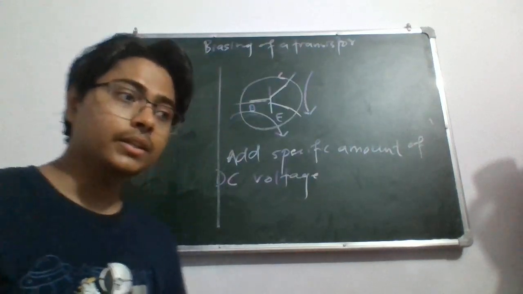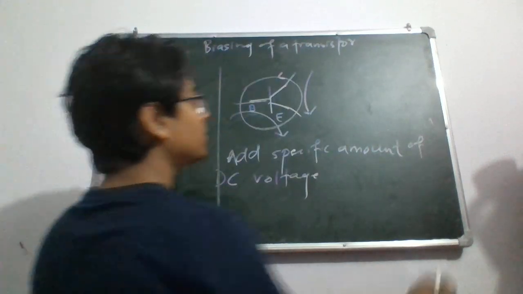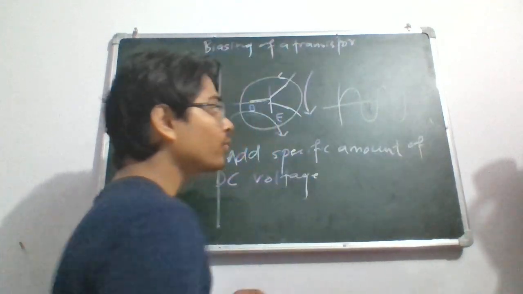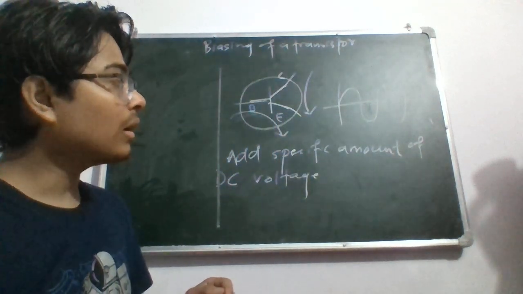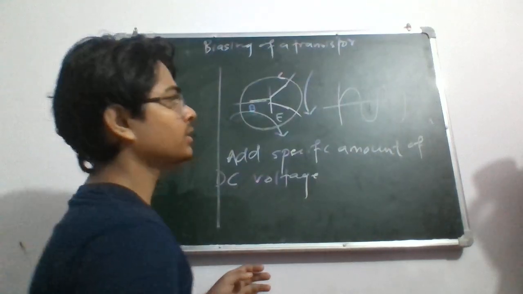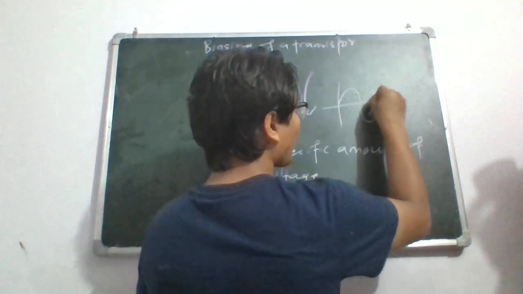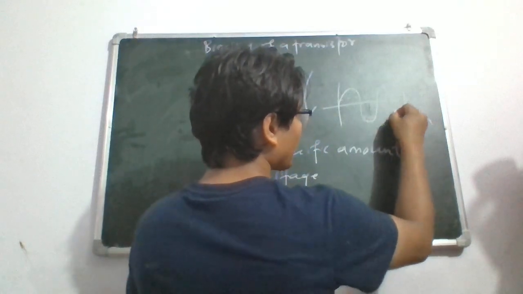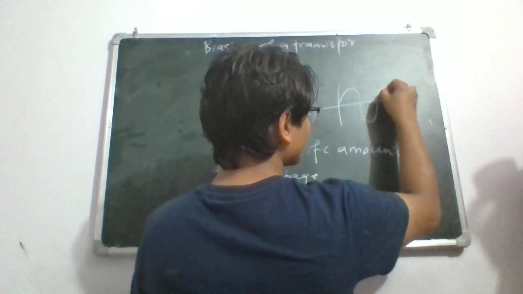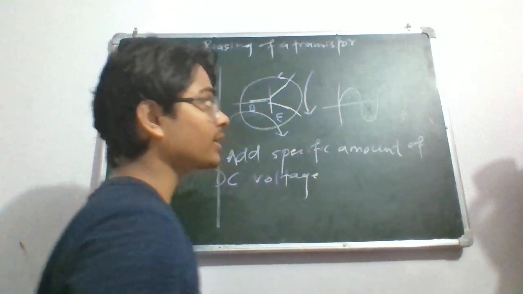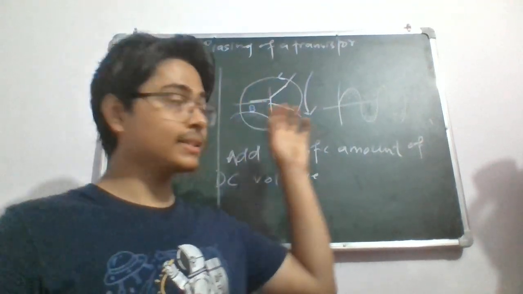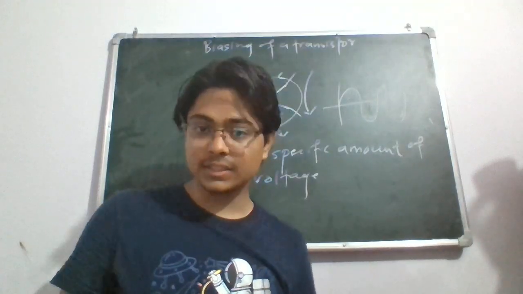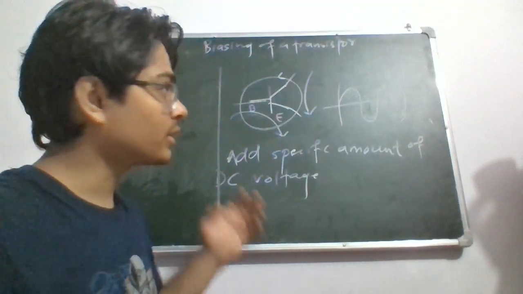Now, what does that mean? That means that if we have an AC signal which looks like this, and if we have a lower boundary, then this amount of signal is cut. That means this amount of signal is lost. That means a significant part of the signal is lost if the operating point does not lie in the middle